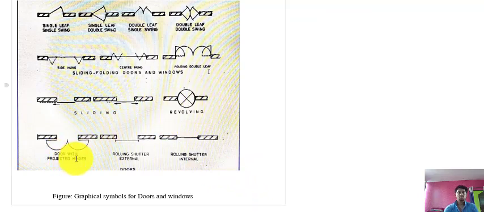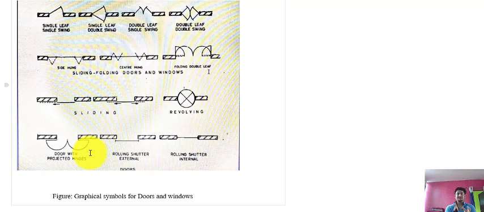And now comes doors with projected hinges. What are doors with projected hinges? They are hinges provided in the door so that the door can be opened to a 180-degree angle. Suppose this is the door and now you have opened it. This is a 90-degree opening.